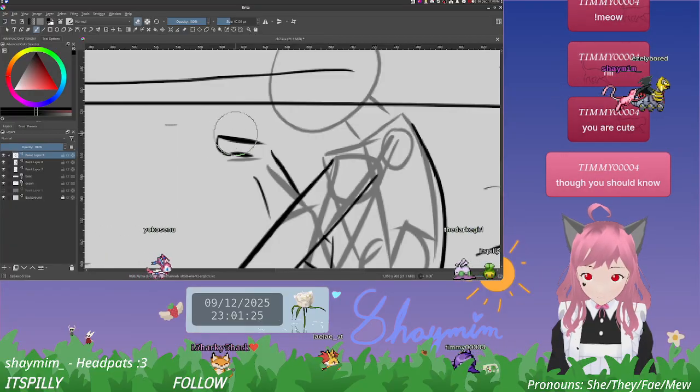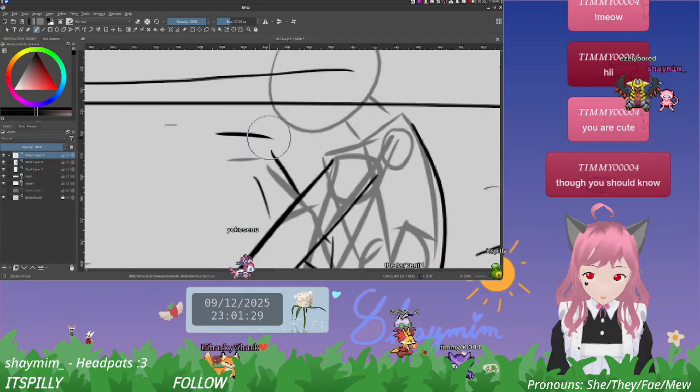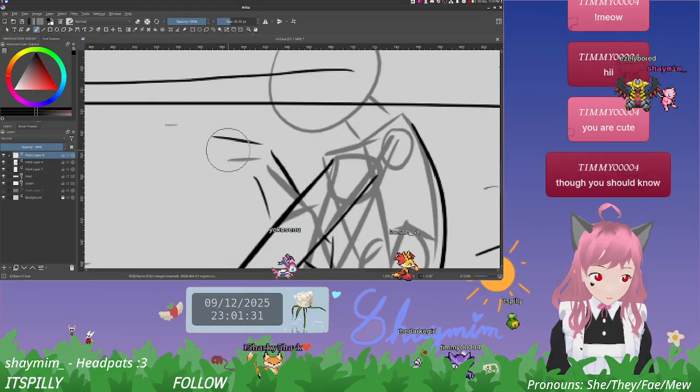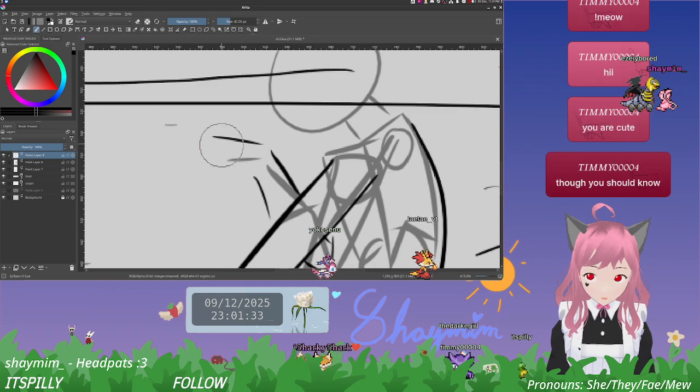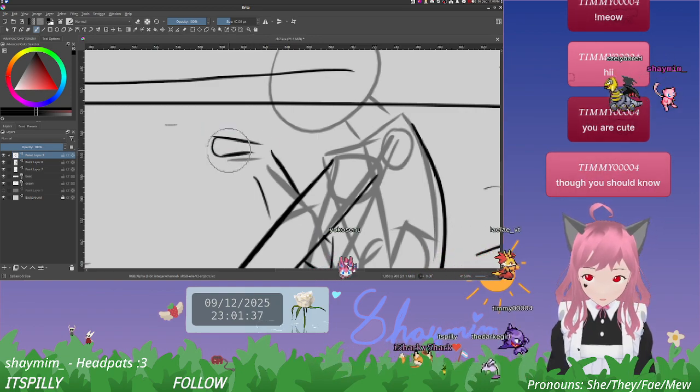Let's redo all that, but erase here. They're doing some foreshortening, which is interesting.